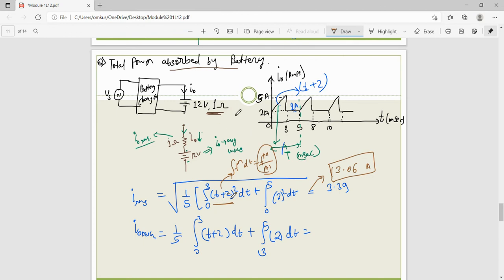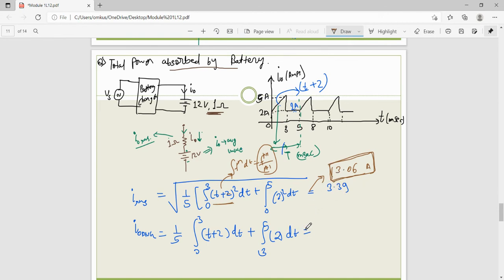If you are given such an example or question in which the current is given and you need to find the expression and power loss, and the waveform is also given to you, in that case you do not split it, because if you split it, the net effect and characteristics of that waveform will change. So directly take the integration. I have answered this as 3.06, but you can still cross check that answer. Maybe there is some calculation mistake, but more or less both are similar.